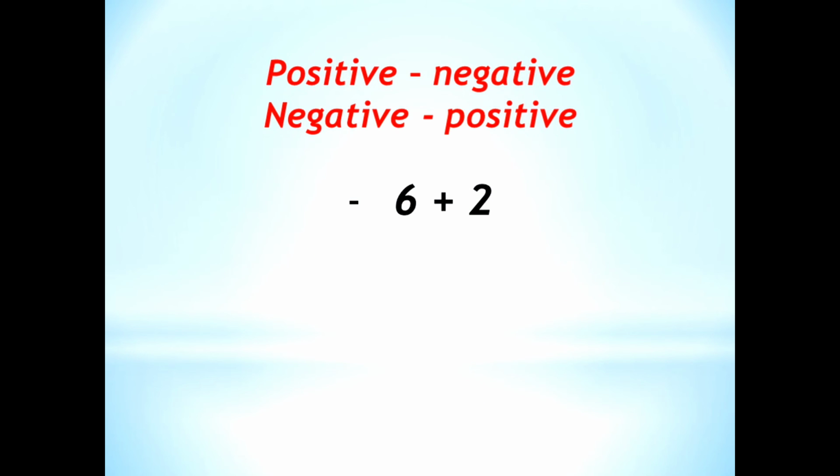Let us have another example: minus 6 plus 2. In this example, the first number is negative and the second number is positive. Here again we have to use the same rule as the previous one. We have to subtract the smaller number from the greater one. The smaller number between 6 and 2 is 2. So we have to subtract 2 from 6, and we get the answer 4. Then we have to give the sign of the greater number to the 4, and the greater number is 6 and 6 has a negative sign. That's why 4 has got the sign, -4. So here we have got -6 plus 2 is equal to -4. This is how we can add any two